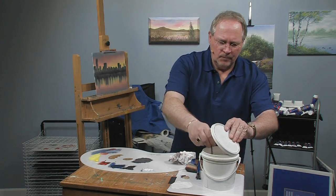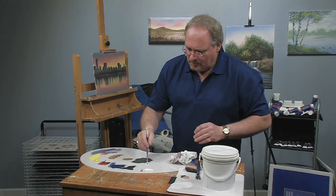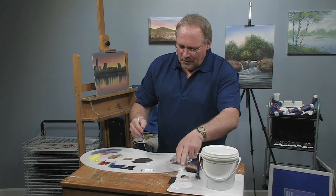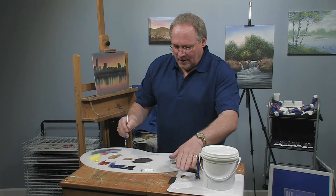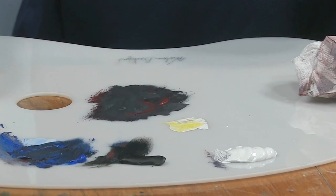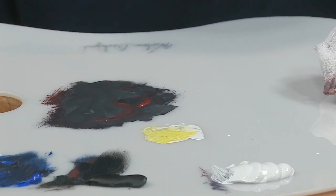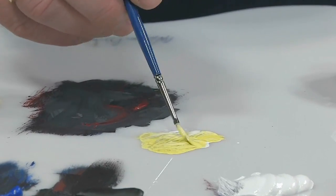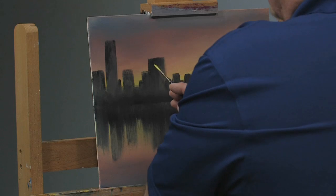All right. And like I said, you're going to have a lot more time to elaborate on this at home, so you can take your time. I'm just going to pop some windows in here. I'm going to use some of the white base coat. I'm using that rather than the thick white here because I know that the thinner paint will stick. This base coat is already about halfway to the thinness that I need, and you'll see I'm dipping some clear into that to thin it down even further. This is my number 2 detail brush, detail liner, so I can just kind of randomly